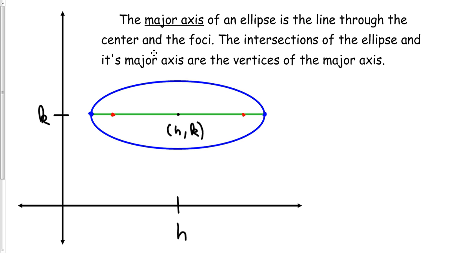All right, so for the major axis here, you see this ellipse is wider than it is tall. That's why we call this an ellipse with a horizontal major axis. So the major axis is basically a line that goes through the center and both foci. There are ellipses also that have major axes that are vertical. Those ellipses are taller than they are wide. But we'll take a look at that in another video. All right, so